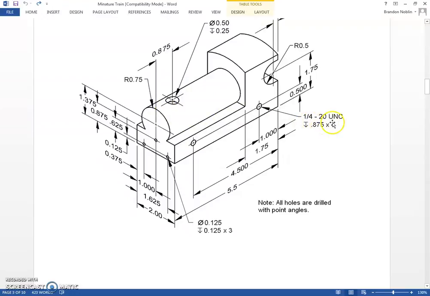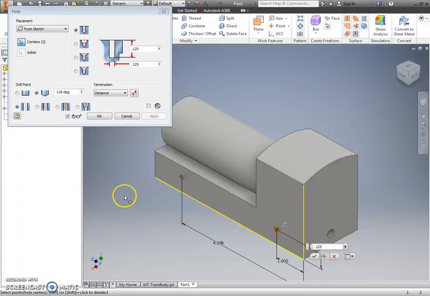This 1/4-20 UNC is now new to you. This is a threaded hole. The 1/4 inch, or the fraction component of this reading, is the diameter of your hole. This other information tells us that there's 20 threads per inch, and then this is a clarification for the thread type. So when I do this in Inventor, what I'm going to start with is my diameter,